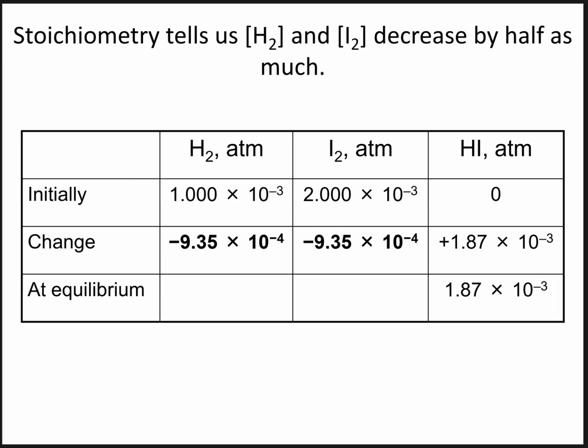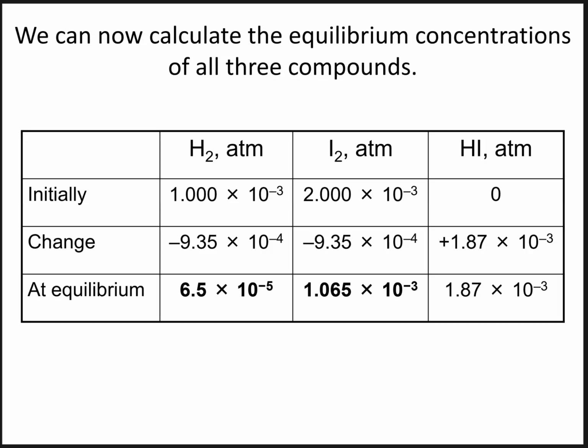And what we see is we've got the HI increasing by twice of 9.35, and that again comes from the stoichiometry. And so at equilibrium, it's literally adding the initial and change columns here. So you can imagine taking these two values, adding them together, and in this case you get 6.5 times 10 to the minus fifth. You do the same thing for the I column,